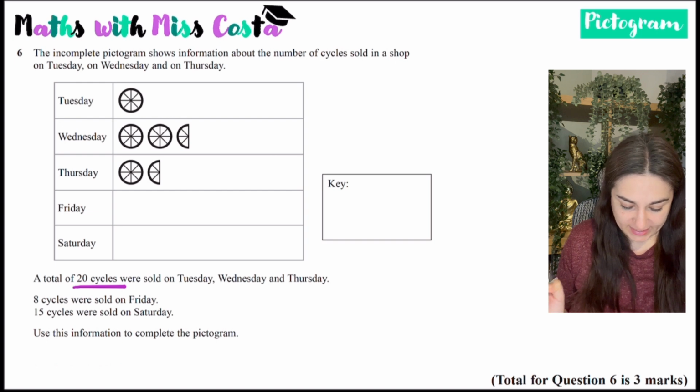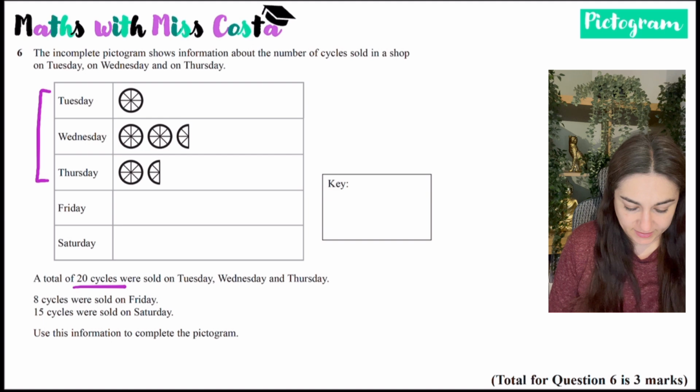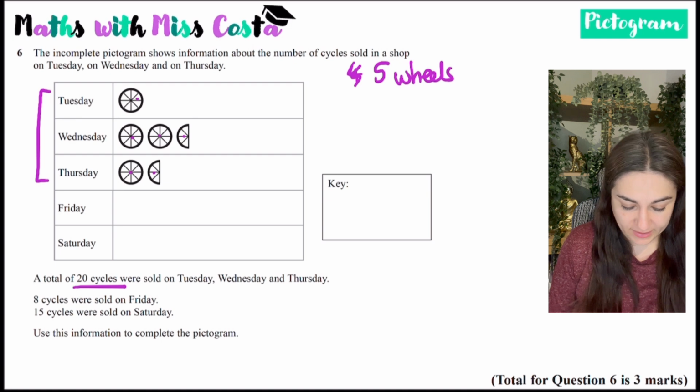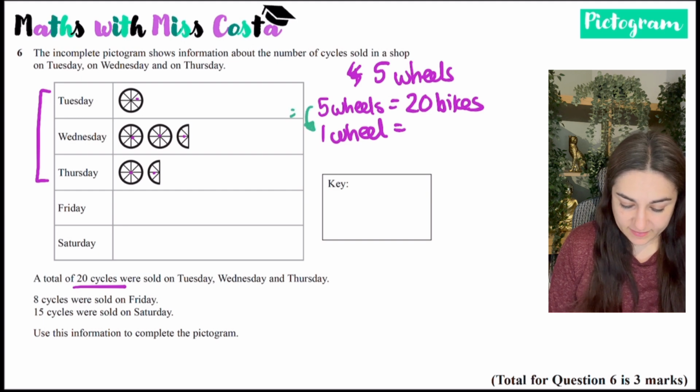Wednesday, and Thursday. So in total, all 3 of these pictures, so that's 1, 2, 3, 4 full wheels plus 2 half wheels makes 5 full wheels. So we know that 5 wheels must equal 20 bikes. So each wheel, if we divide 20 by 5,